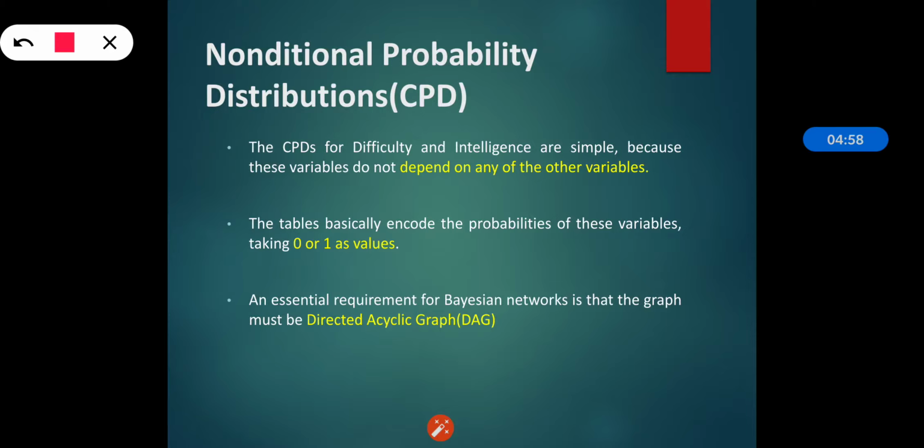The table basically encodes the probabilities of these variables taking 0 and 1 as the values. You have noticed that the values in each of the tables must sum to 1. That is the condition. So an essential requirement for a Bayesian network is that the graph must be a directed acyclic